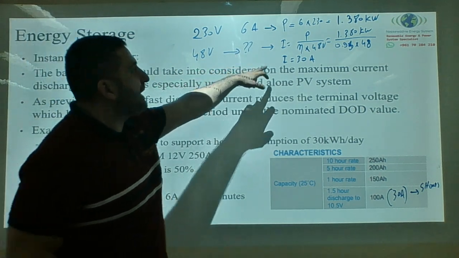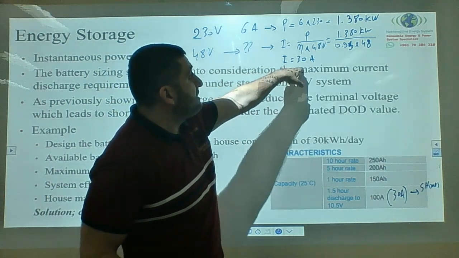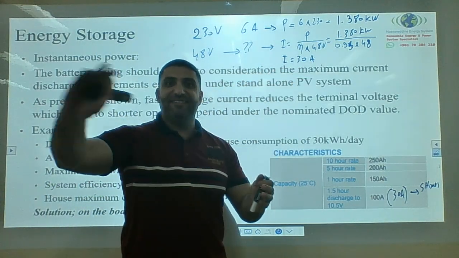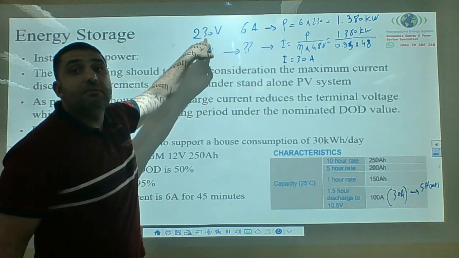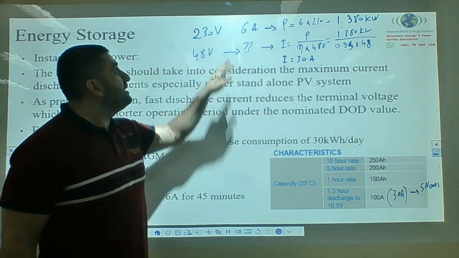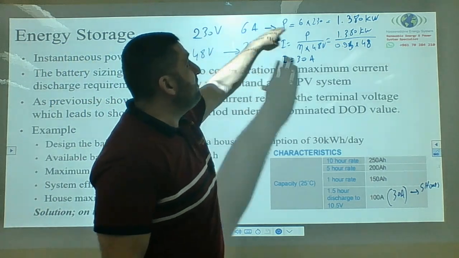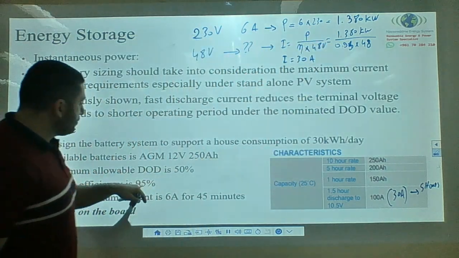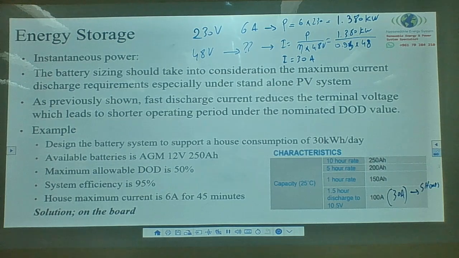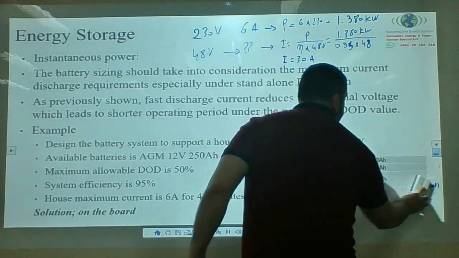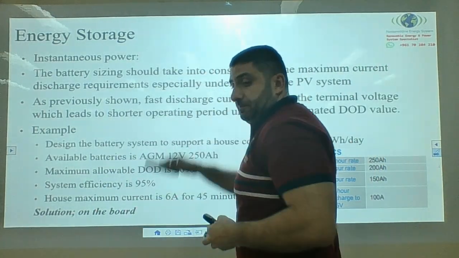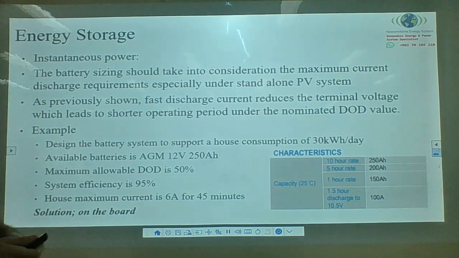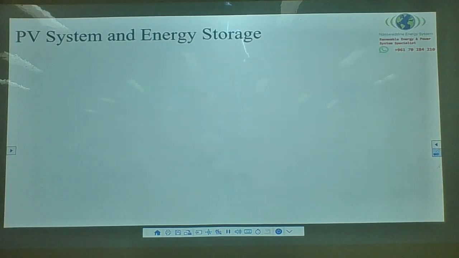So now the maximum current, I need to withdraw 30 amps for 45 minutes straight, because I'm withdrawing 6 amps on the AC side. AC 230 volts times 6 will give me the total power. I have to take into consideration the system efficiency. Like I said to you guys during our introduction session, we will do way more